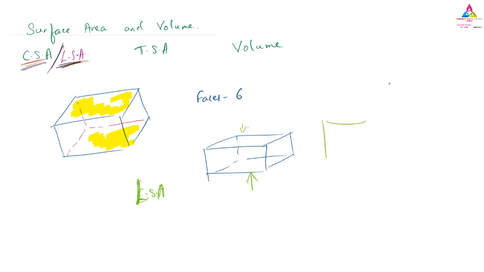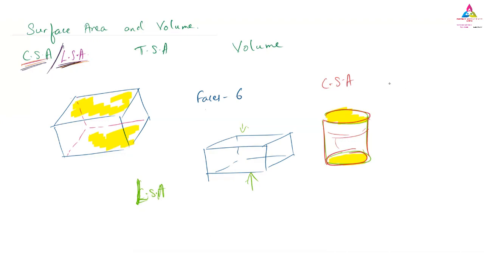Similarly, if you go for the cylinder, here also the same rule. Here we are finding the curved surface area, not the lateral surface area. For the curved surface area, we count the length of the cylinder, the round part, the curved area that you have to find, but we leave the top and the bottom. So that is called the curved surface area. This is the whole thing about curved surface area and lateral surface area.